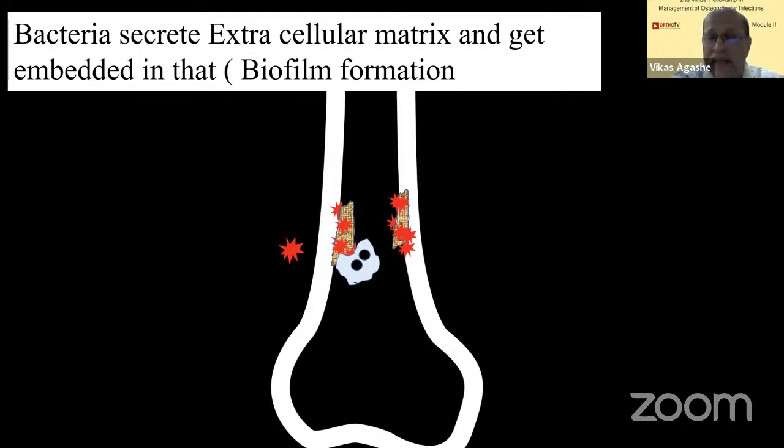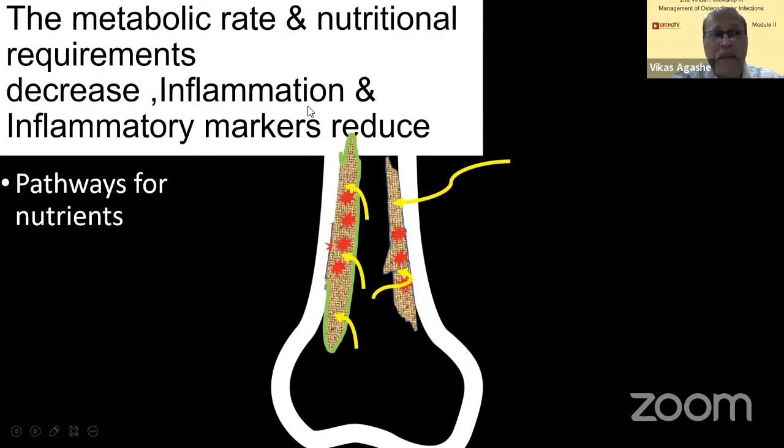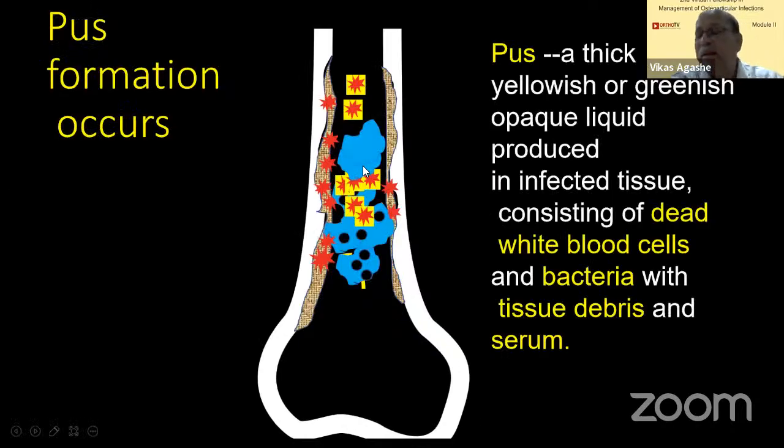They secrete extracellular matrix and get embedded in biofilm formation. The metabolic rate goes down, inflammatory markers reduce, they develop pathways for nutrients, and then body forms pus, which is